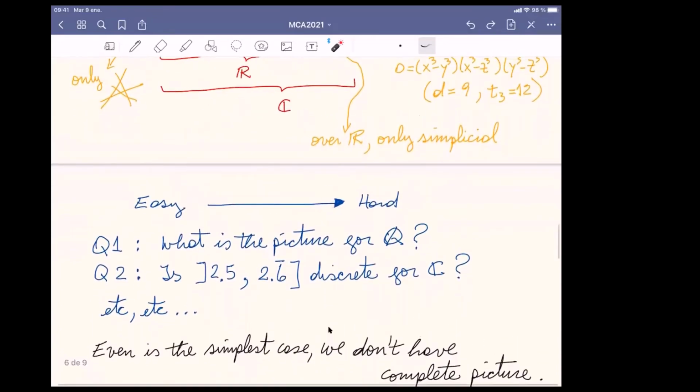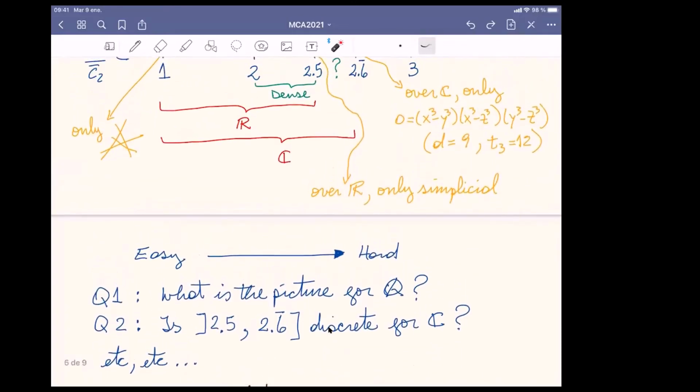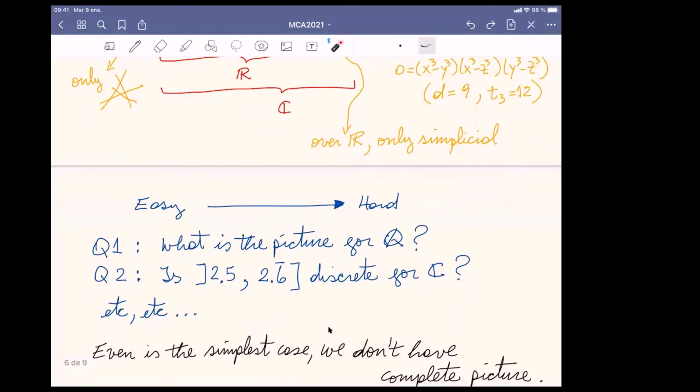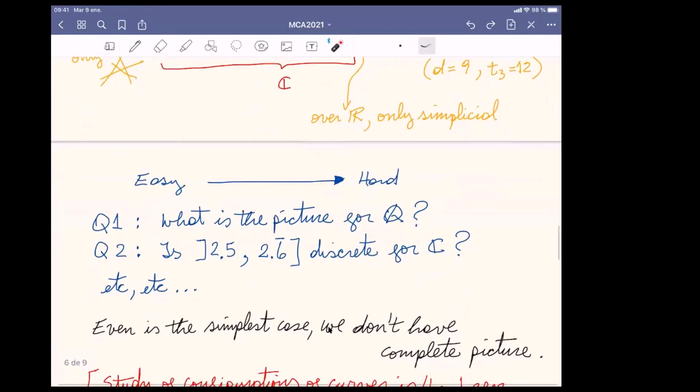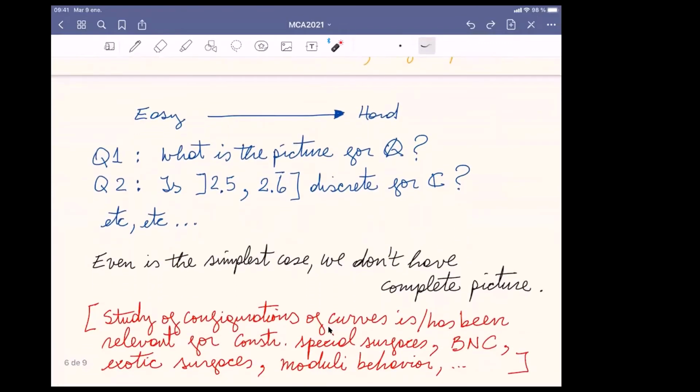Okay, so the moral here is that even in this simplest case, we don't have a complete picture. There are many questions. I can mention more. I have no time. Maybe I do. Okay, so static configurations of curves is and has been relevant for constructions of special